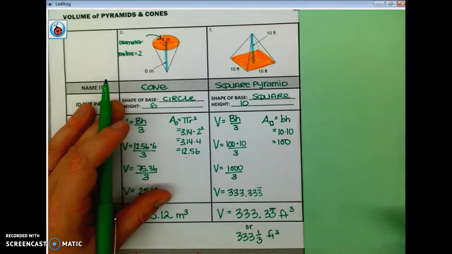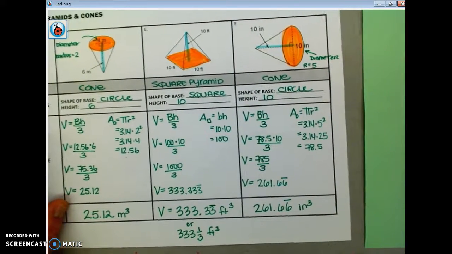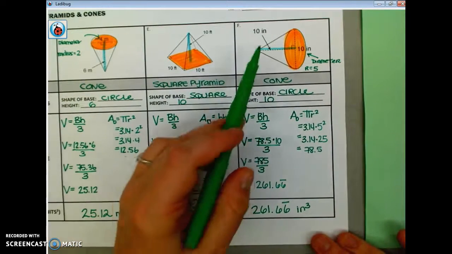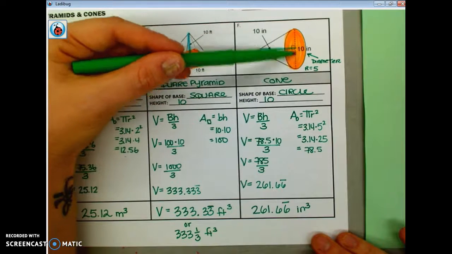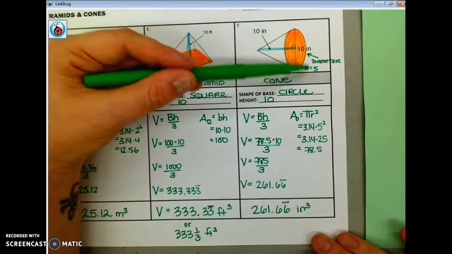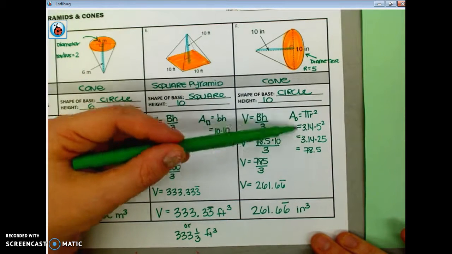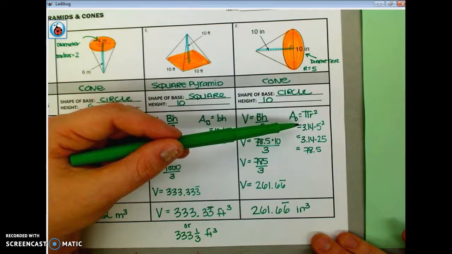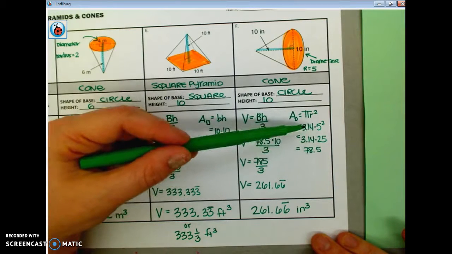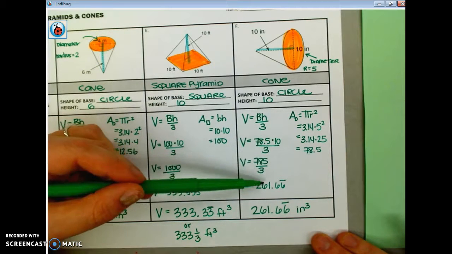Can't go wrong there. All right, and then our last one, letter F, was a cone. Same thing, we had 10 and 10, but notice it's saying from here to here. They give you the full line, so that means it's telling you the diameter is 10. So again, I wrote right underneath it that the radius was 5. That helped me plug in this to find the area. Okay, to find the area of the circle, plug that in, times the height, divided, and then